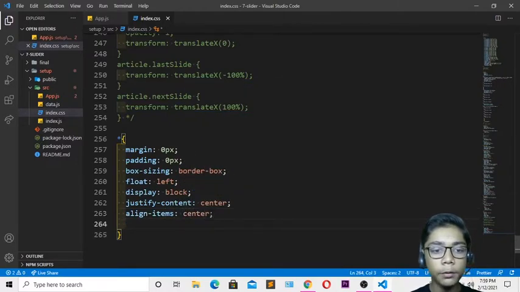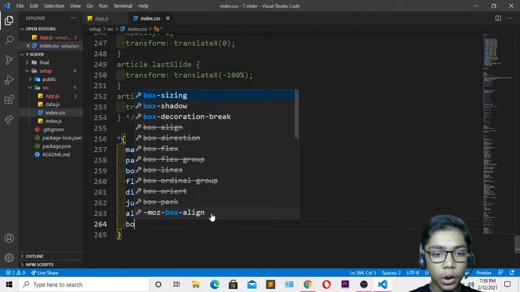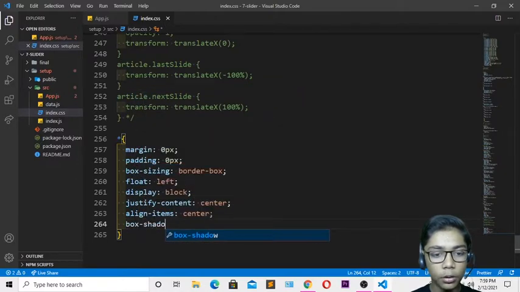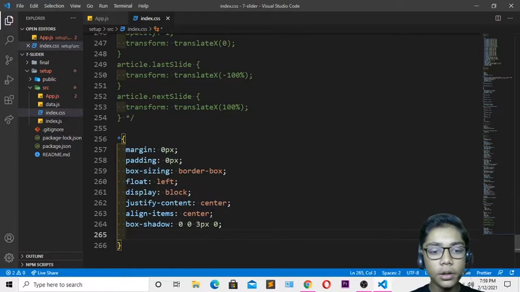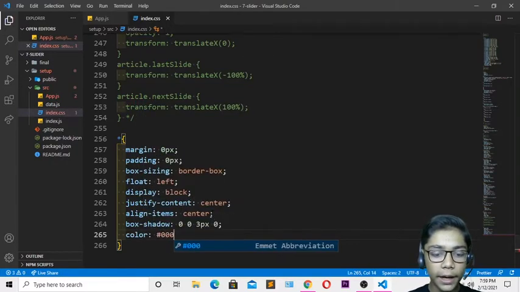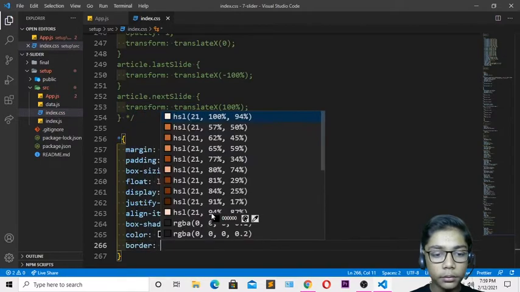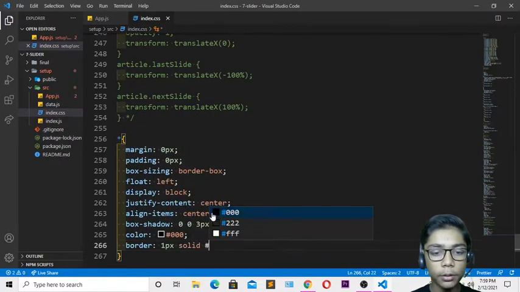Then when you've done that, you have to come over here and I will be just writing underneath that. I will be just coming and I will be writing another thing which is called box shadow. So write box shadow 0 0 and I will be writing 3 pixel because I don't want this too much dark, and I'll be writing 0. Close that by writing all these things. Then you have to come over here again and I will be writing color which should be black. Right over here border, 1 pixel solid which should be white.